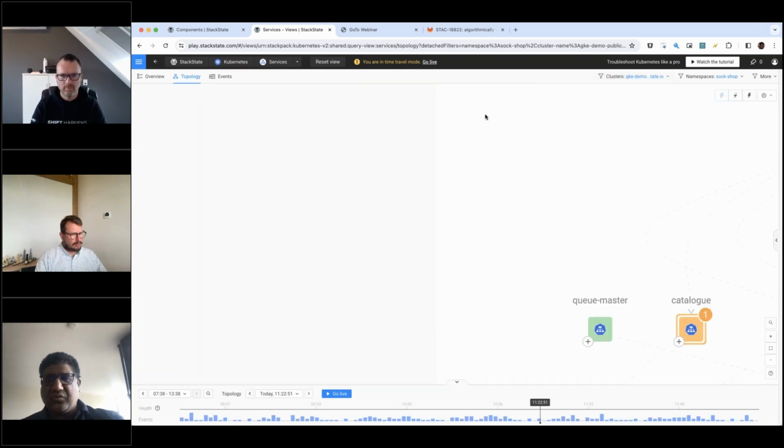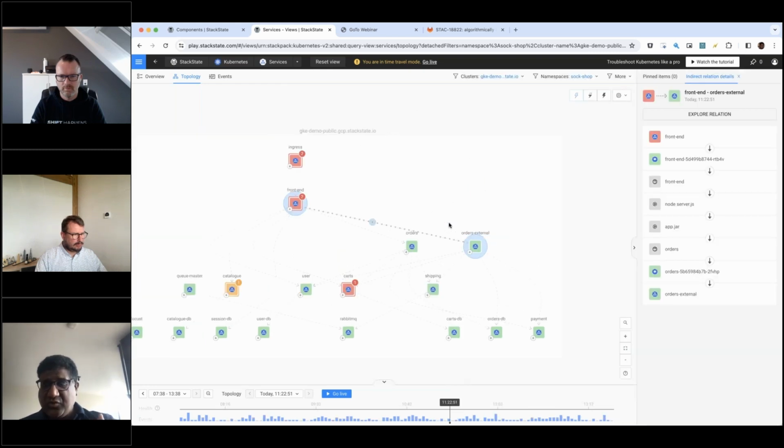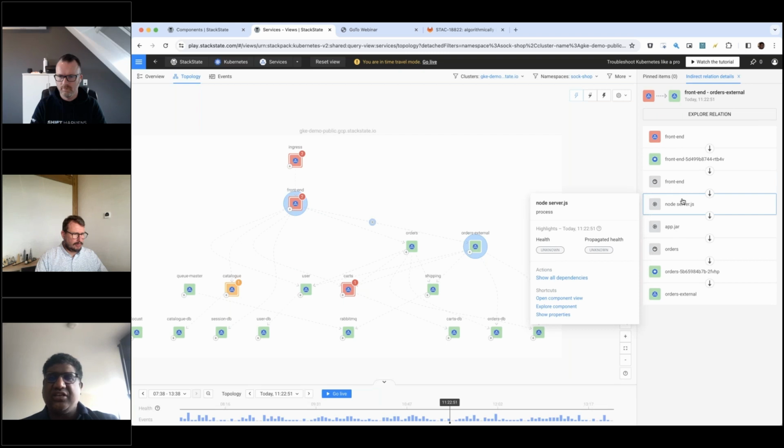Okay. So when we look at it from a single perspective, besides understanding the communication, we also have the ability to understand communication through service meshes, for instance. So if you had a service mesh, StackState would have picked it up in here, like Istio, and shown you